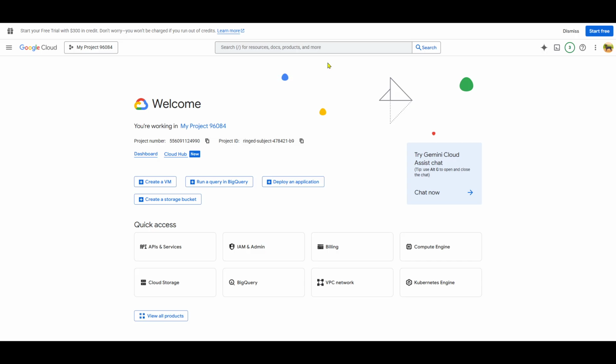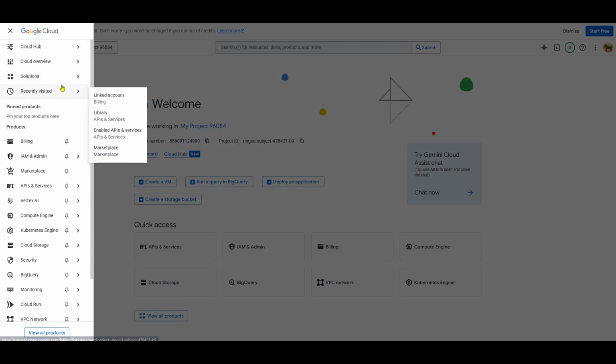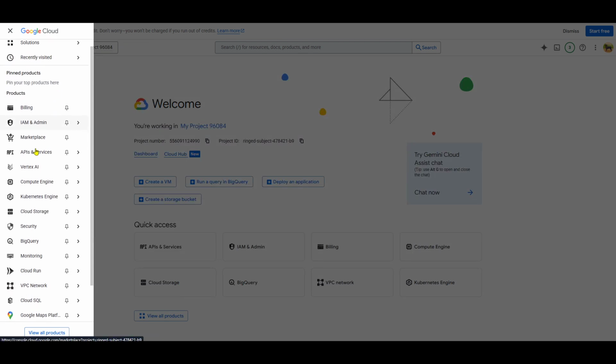With your project selected, the subsequent step is to navigate to the APIs and Services. On the left sidebar, you'll find this section, which is essentially your control center for managing various APIs. Click on it to access more options. After clicking into the APIs and Services, you'll want to locate the Library section. The library is where you'll search for and find APIs available for activation. Click on Library and you'll be presented with an extensive list of APIs that Google offers.